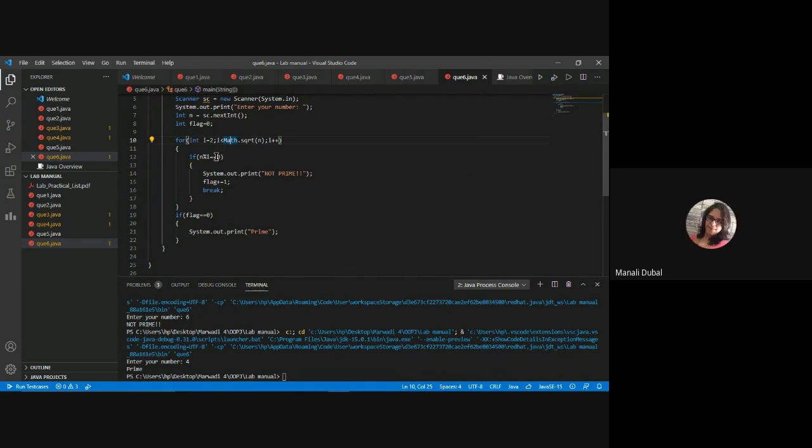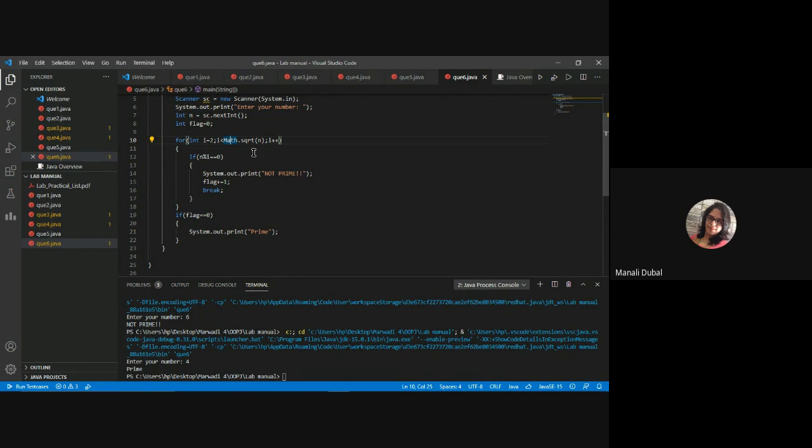Because the square root of 4 will be 2, so 2 is not less than 2, but 2 is equals to 2. I is starting from 2, right? In the first iteration you are checking 2 is less than square root of 4.